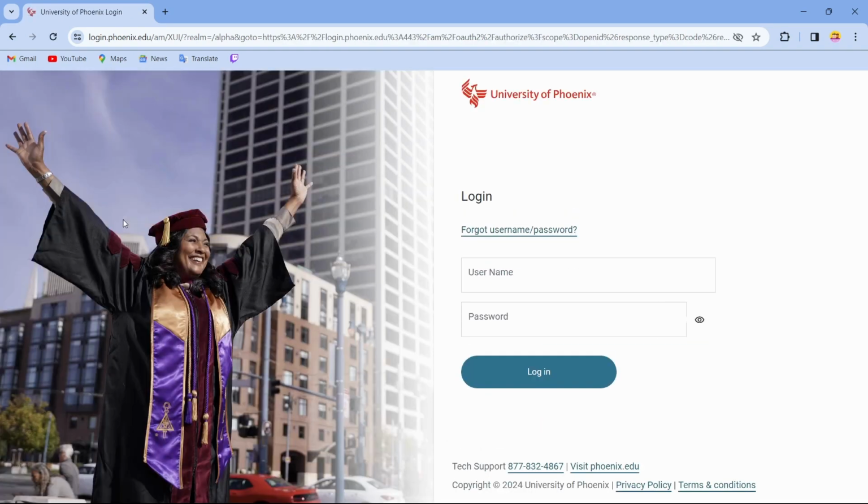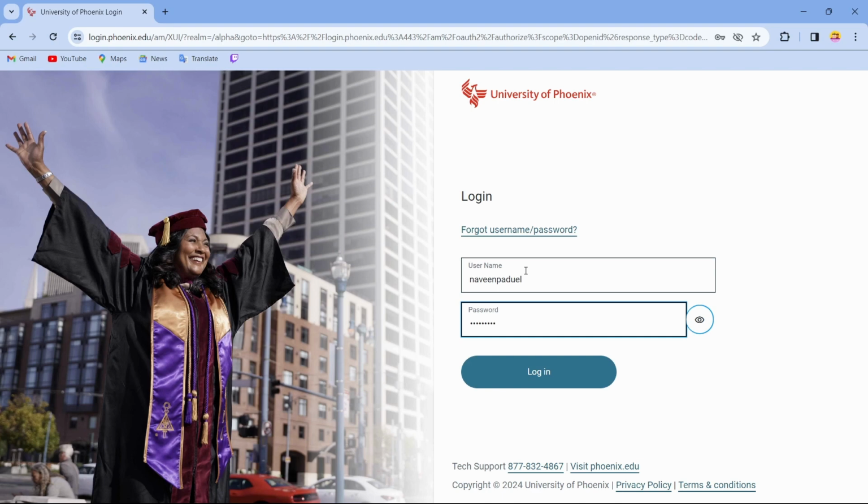After tapping on login, you will come up to the University of Phoenix login page, and over here you can enter your username and password. So after entering your username and password, you can tap on login, and after tapping on login, you will successfully